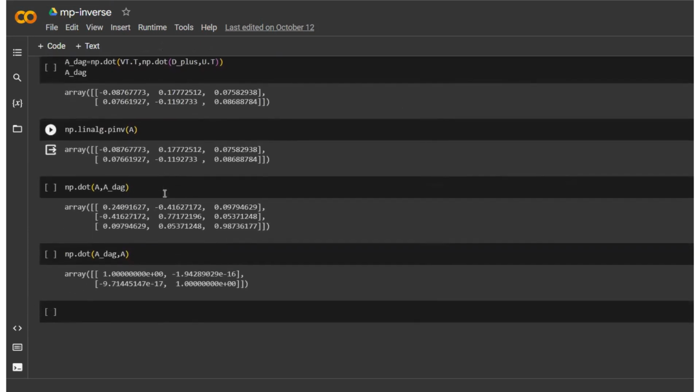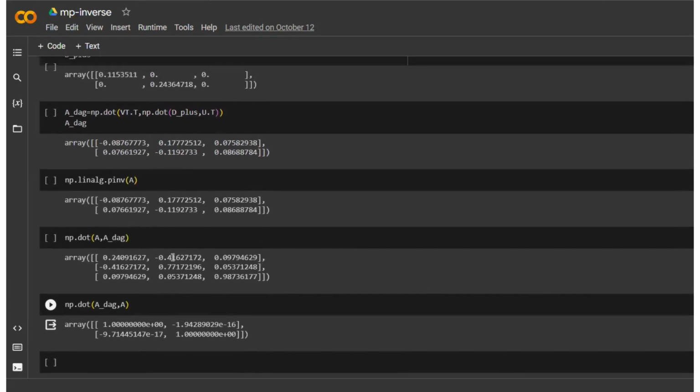So you can verify whether what you've gotten is right or not. Cool. So if we multiply A with A dagger, you get something like this. And when you multiply A dagger A, you get a matrix that is really, really close to the identity matrix, right? So essentially, you're getting the identity matrix itself. You can play around with the code a little bit and try to verify the rank and nullity theorem through this as well. I would really encourage you to try that. Also, we can use this more Penrose